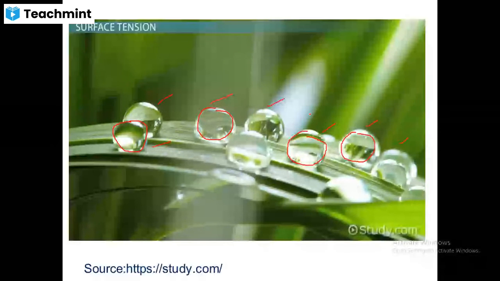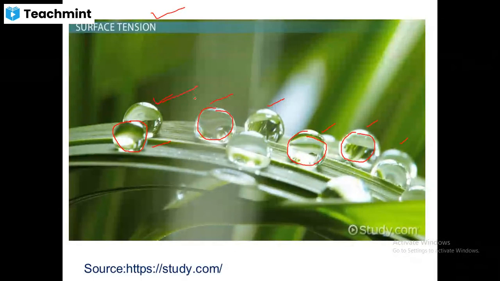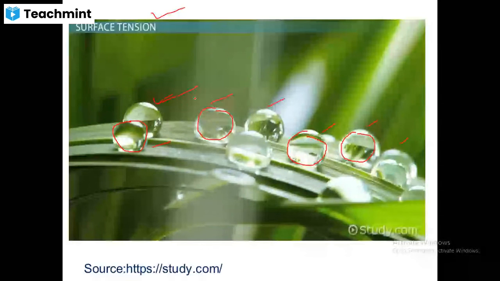The reason behind this is the concept of what is known as surface tension. It is due to surface tension that liquids always try to have a spherical shape. What is the reason for that? We'll discuss that a bit later. But right now, remember that the beautiful spherical shape of a liquid drop during the rainy season on any leaf is due to surface tension.